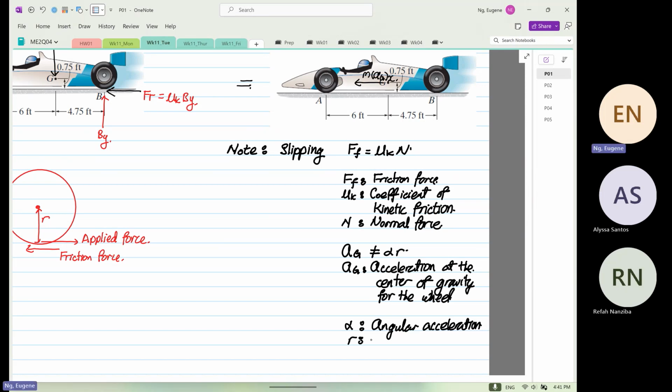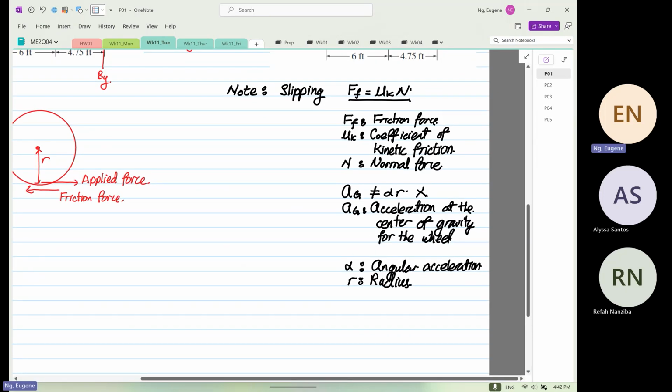And R is the radius. Okay. So when there's slipping, you can use this formula over here, but you cannot use what? Okay, don't draw that. You can use this. Okay. So when there's no slipping,